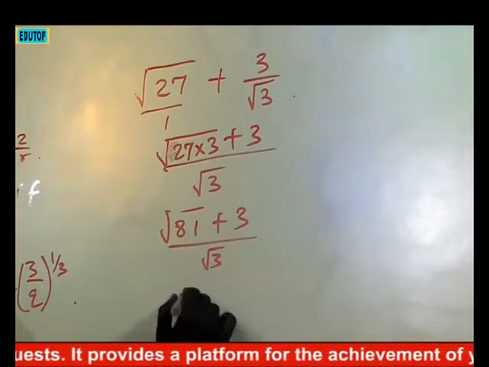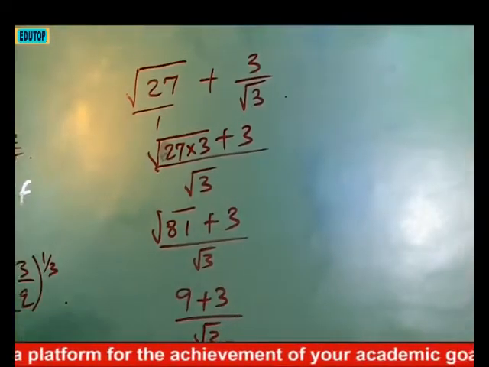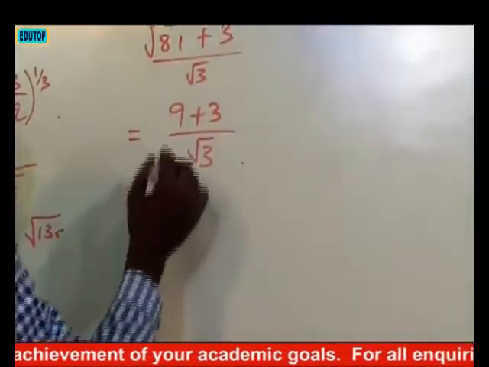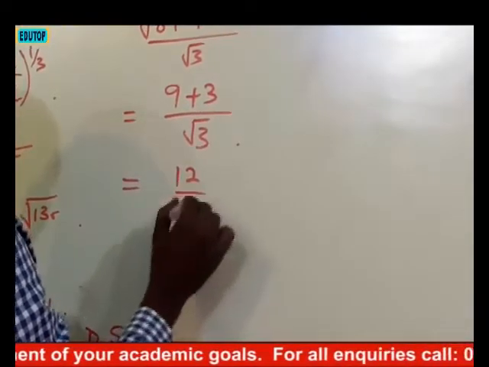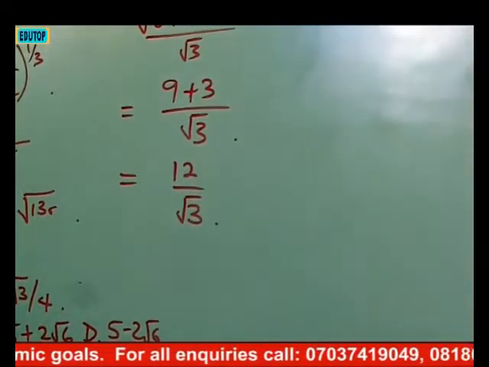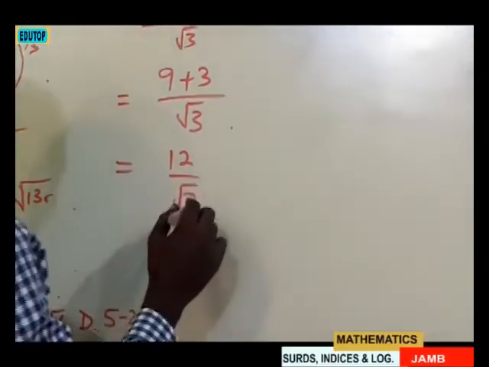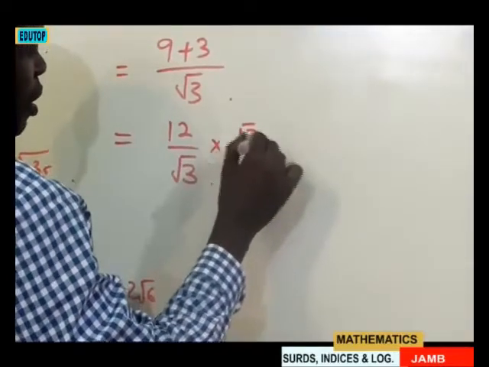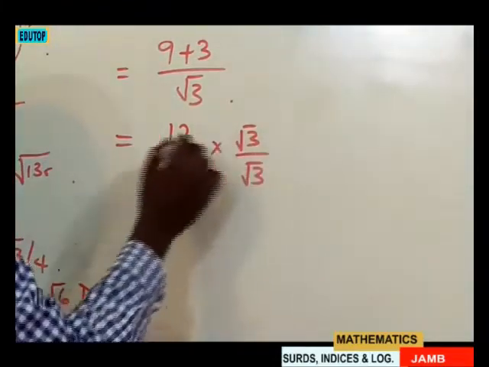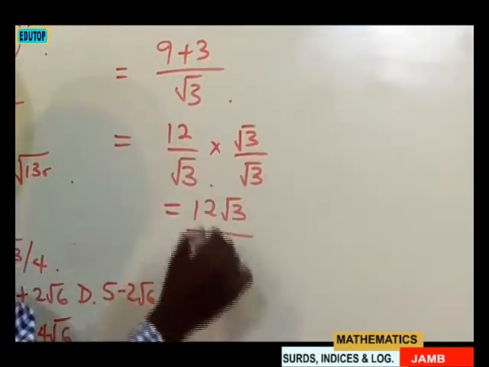What's the square root of 81? That's 9. 9 plus 3 over root 3. That's what I'm going to have. So in this regard, then I'll have 9 plus this, 12 over root 3. Am I going to stop here? No. So I need to rationalize at this level, because you can never see such an answer there. So by rationalizing, I multiply by the fraction of the denominator, and this is what I'm going to have. This time this, I have 12 root 3. And this time this, that is root